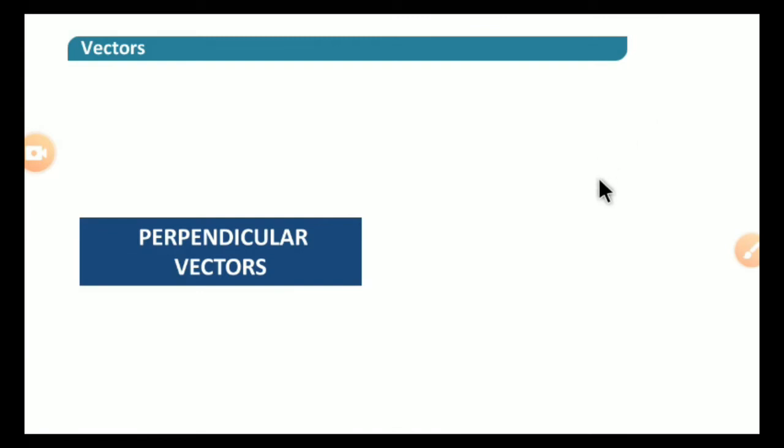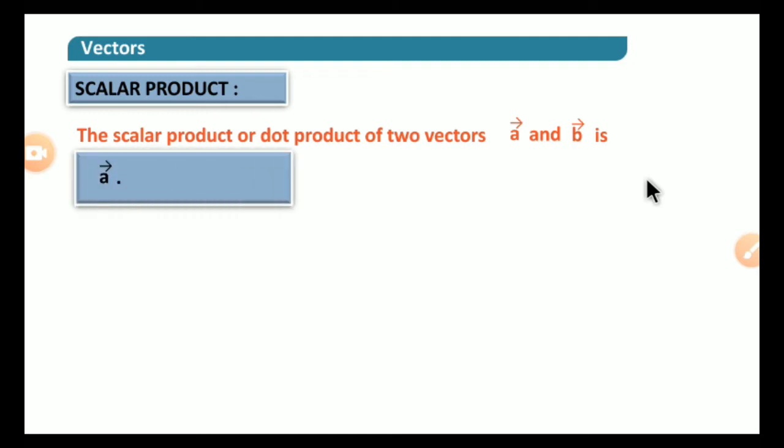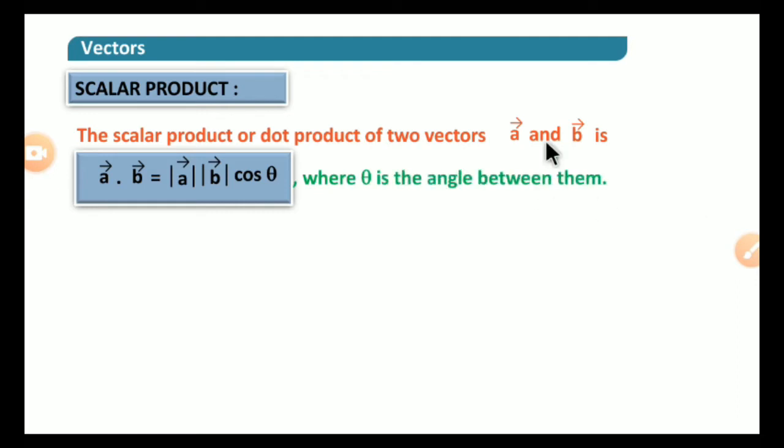Dear students, today in this session we discuss perpendicular vectors. We will see the concept. Before that, first we can recall the definition for scalar product. The scalar product or dot product of two vectors, vector A and vector B, is given by vector A dot vector B is equal to magnitude of vector A into magnitude of vector B into cos theta, where theta is the angle between the vectors A